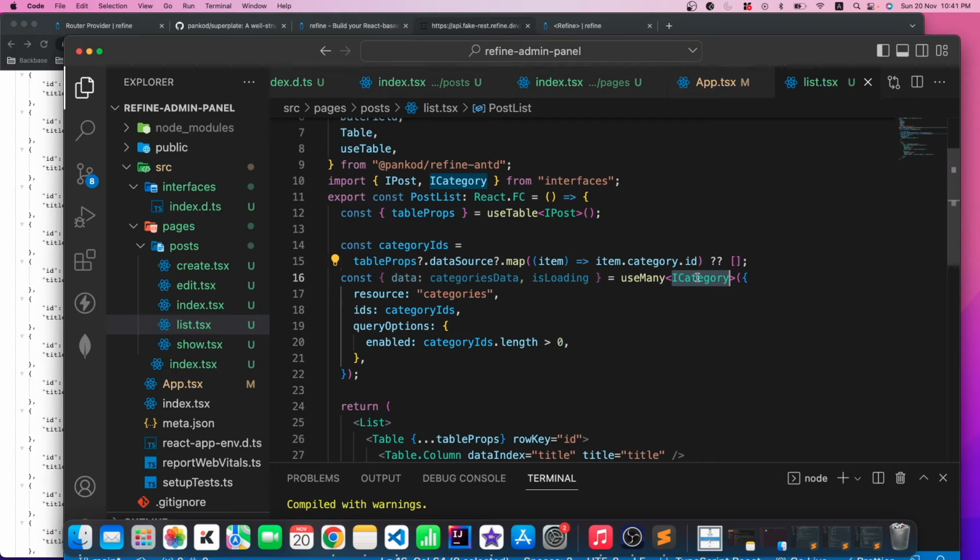So now this useMany is going to handle the relationship between the ID and the titles, and it's going to have the data as categories data. So it's going to have the ID, and then the corresponding title of the category. So let me show you the